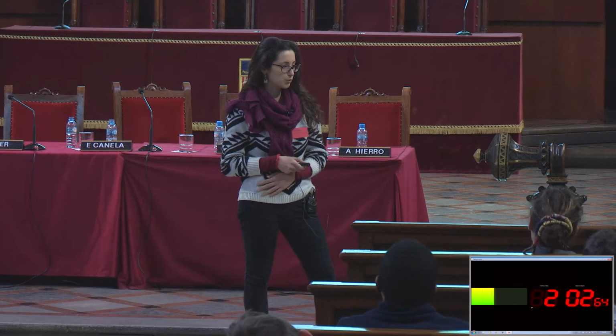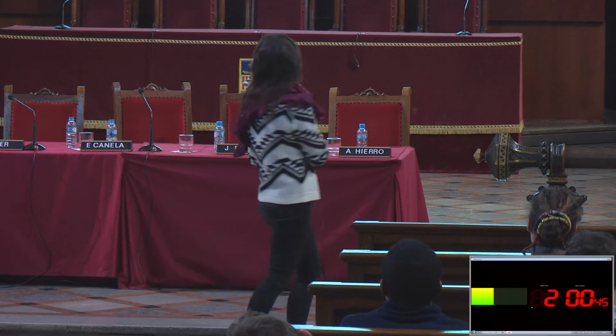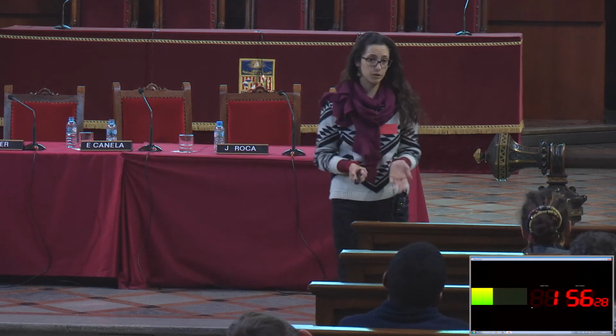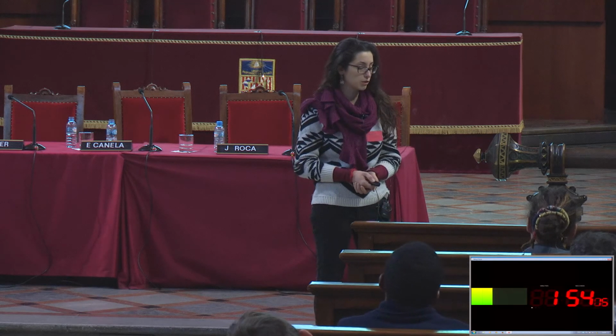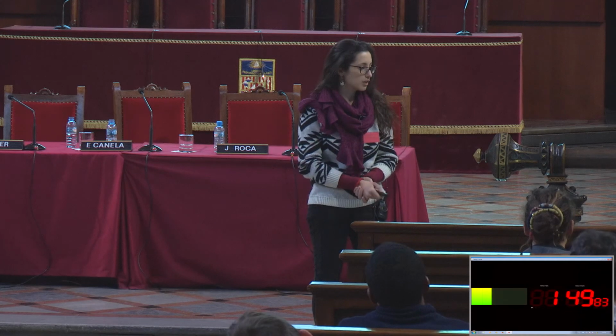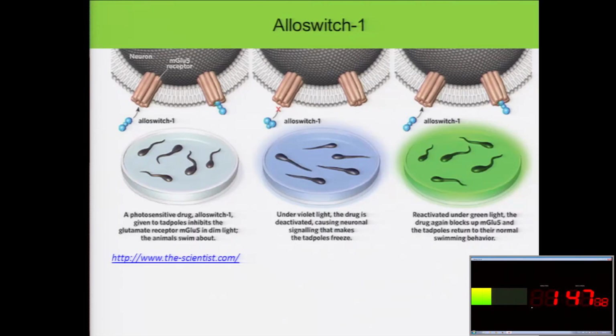This is called Switch 1. It is a molecule that we can activate with light. We did it in collaboration with a medicinal chemistry group in Barcelona at the CSIC. And I don't want to get into the details of this molecule because there's not even enough time, but what I want to point out is that